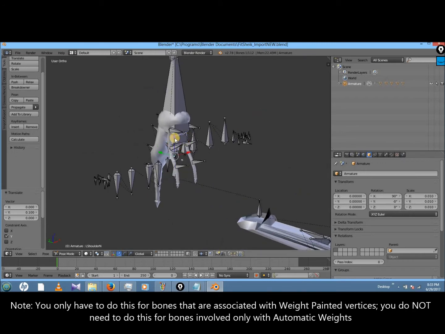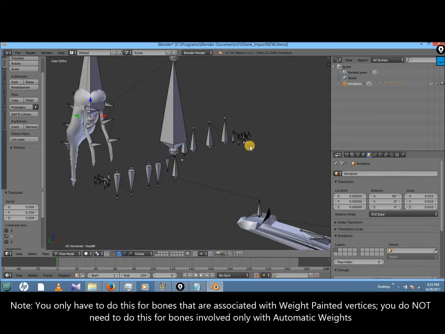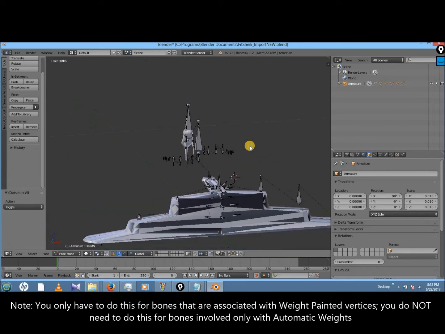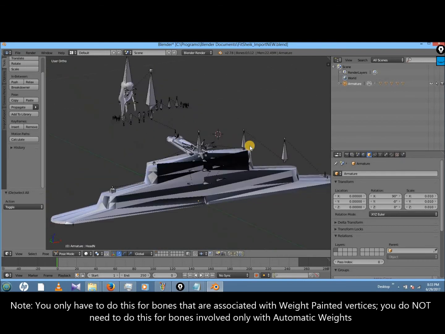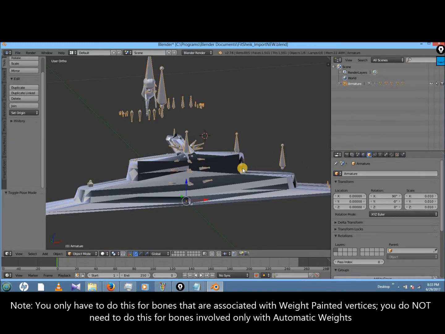And then the head one, I'll move another 0.1 on the Y. And that should do it for the posing. And don't worry, it'll look all fine when it's back in Brawlbox.